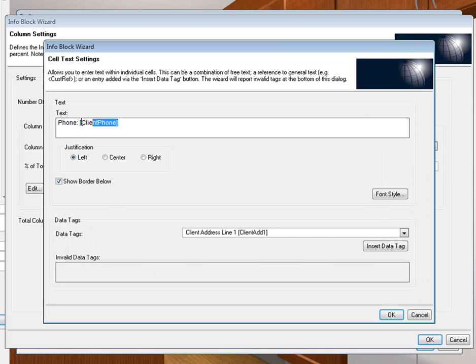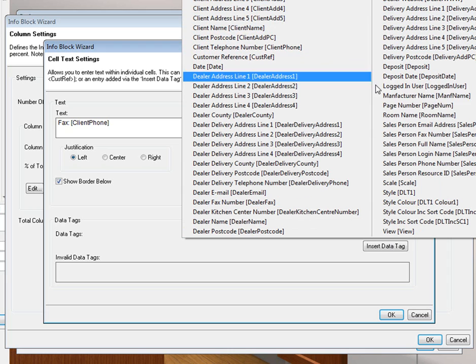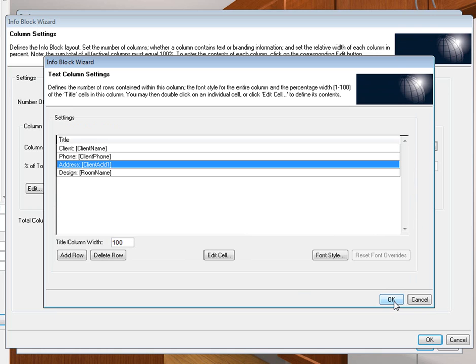So you can have fax if he had a fax number, or an email, or anything like that. So let's put in a fax if he's got one. I didn't put a fax in, so let's put in the client address, and let's type in here address, and there we go. Now let's have a look and see what we've done. Now let's click OK